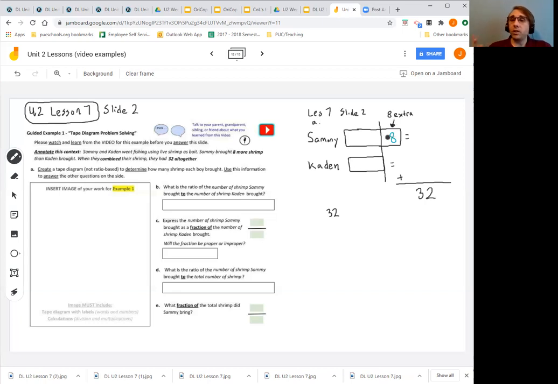And so the first thing we should do is get rid of the extra. So we're going to take 8 away from 32. So 2 can't take away 8, so then I need to borrow. So the 3 in the tens place becomes a 2, so that's like 20. So that means I have an extra 10 I can add here, so this becomes 12. 12 take away 8 is 4, and 2 take away blank is still 2, so this is 24. That means that these 2 together are 24